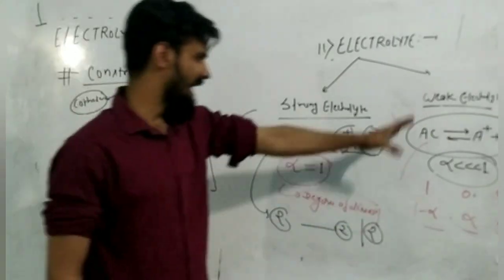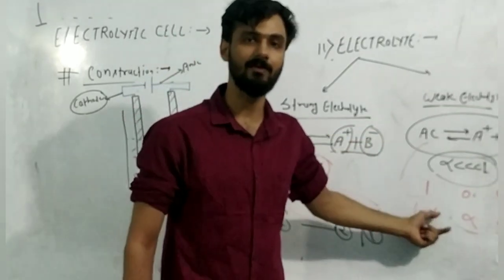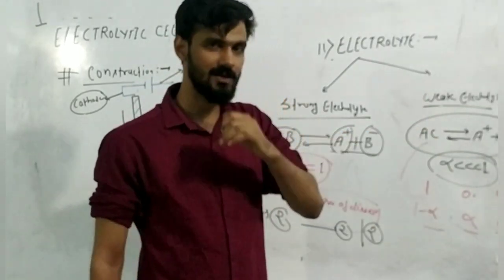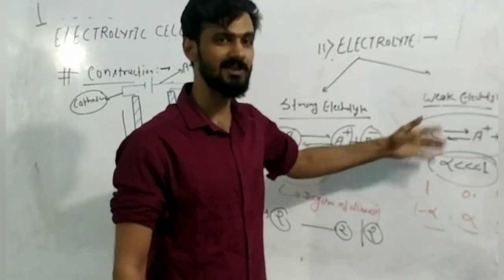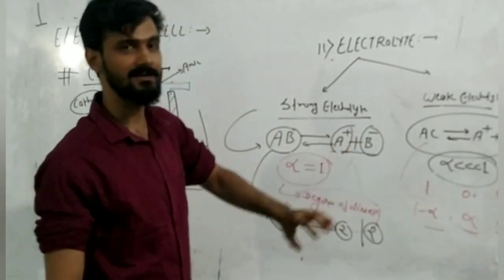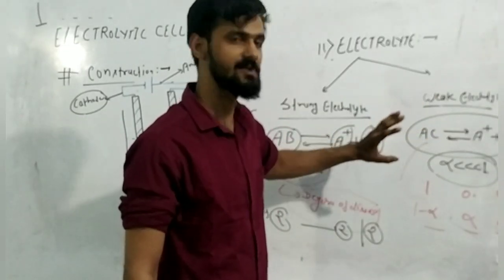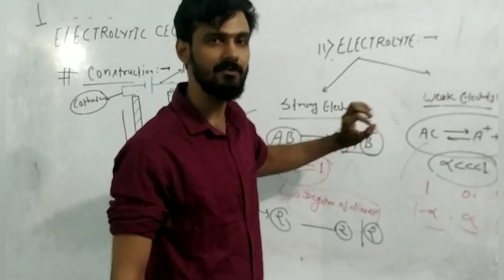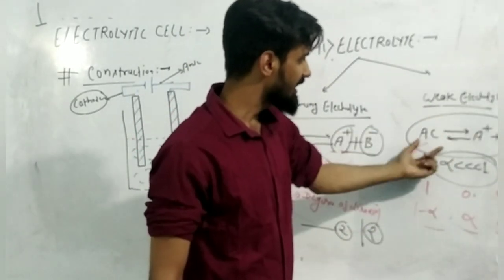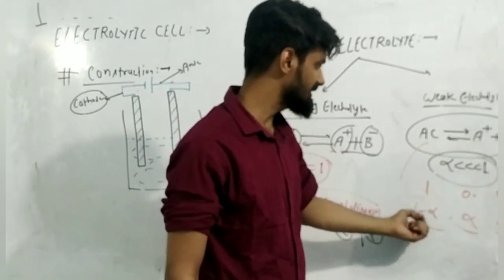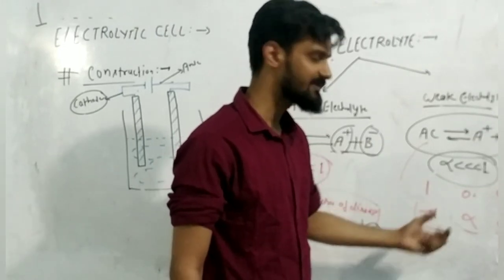I think you have already studied this in the ionic equilibrium topic. If you haven't studied ionic equilibrium, then our institute Samarthya Classes has made a separate video on ionic equilibrium, and Himanshu sir took that lecture. If you want to see that lecture, he has discussed all these things in a very concise way, and you will be able to understand 100%. Just go to the video on ionic equilibrium and you will understand everything. I have already discussed the weak electrolyte, where the degree of dissociation is very much less than 1. From there you can calculate the solubility product, degree of dissociation, all these things.